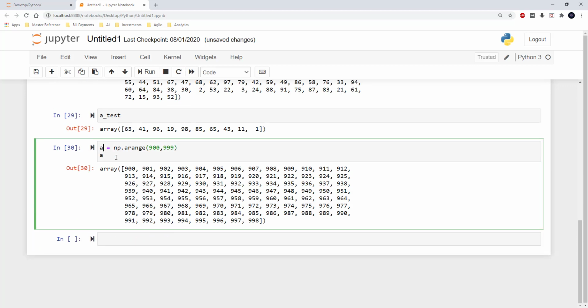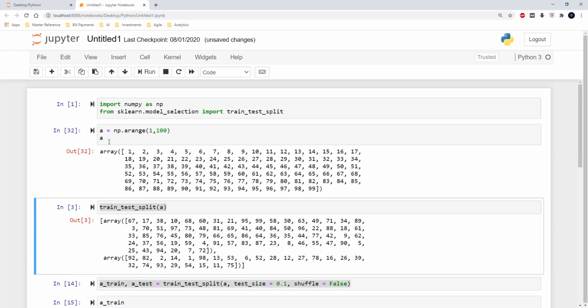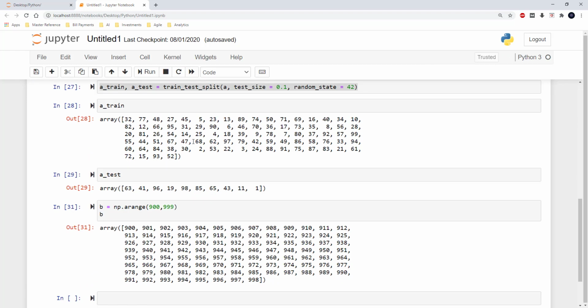I'm sorry, I will have to give the name as B, and I will run this and I will just reinitiate A to its old value. Now with sklearn, we can split both the arrays into test and train datasets simultaneously.